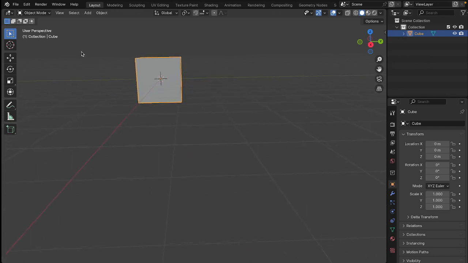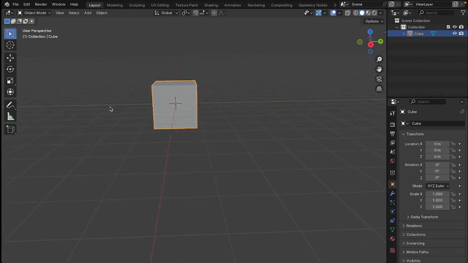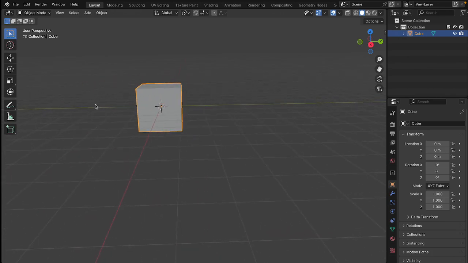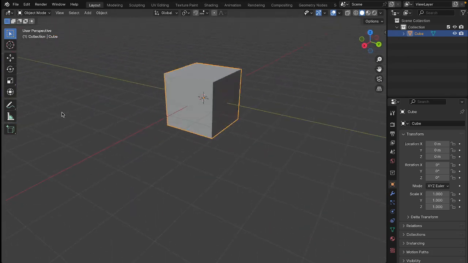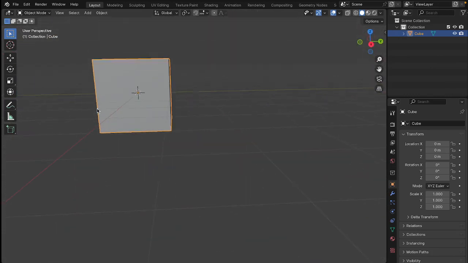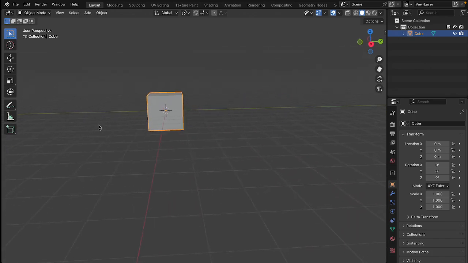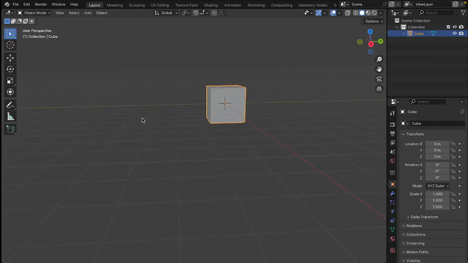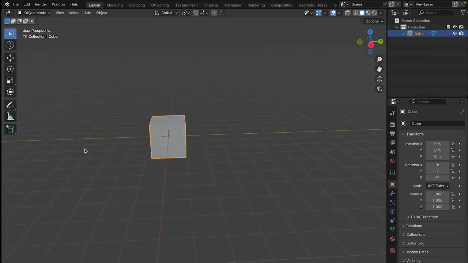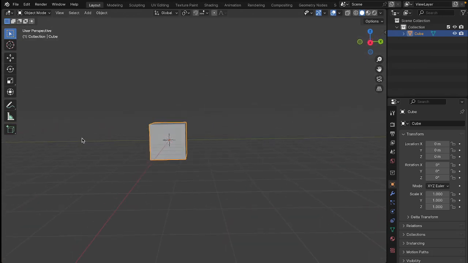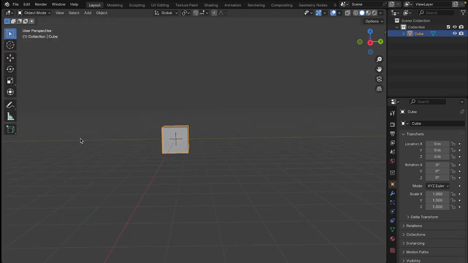Another thing that's quite important is if you press the shift key while holding down the middle button on your mouse, you should be able to scroll side to side. If you let go of shift and do the same thing, you will pivot around the object. So it might take a little bit of time right now to experiment with holding shift and the middle button and moving around, and then without the shift key, pivoting around your object. And then why don't you try zooming in and zooming out. Okay,